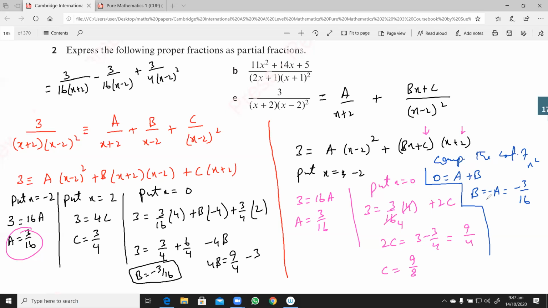Now, how can we claim that they are both the same? So a is same, so that means this is going to be same. So we just have to show that this thing is going to be same as this, okay? Now, if I put the values of b and c into this over here,